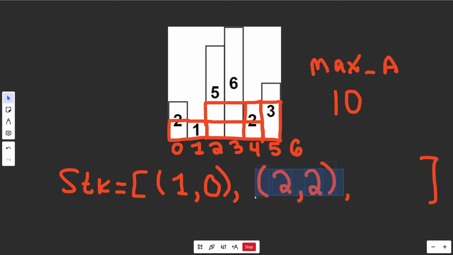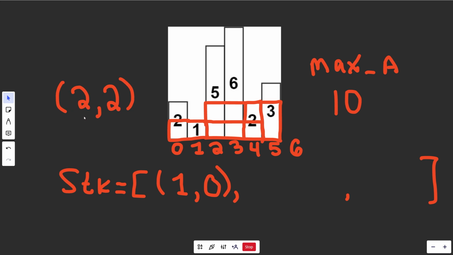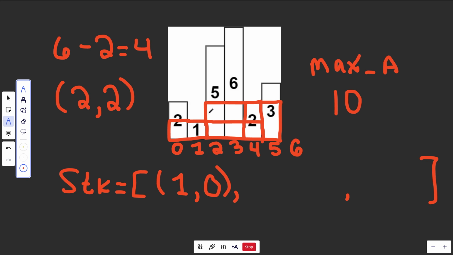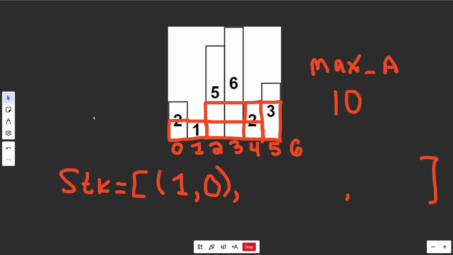That is no better. We take off this 2 here, so a height of 2. We get a width of 6 minus its index of 2, which gives a width of 4. That makes sense. It's going to be 1, 2, 3, 4 like that. So a height of 2 and a width of 4 is going to give an area of 8, but